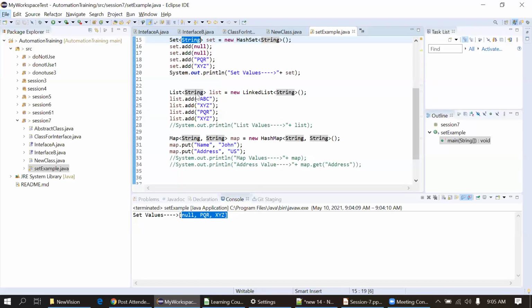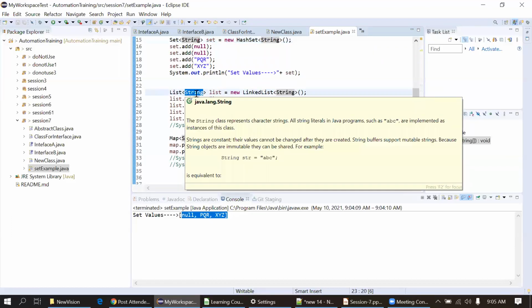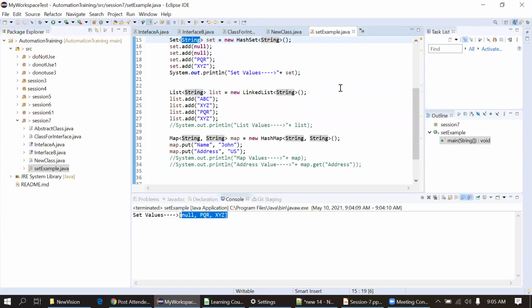This is actually a generic concept. You have to define the data type so it will not cause any issue at runtime. If you are not providing a data type and you use multiple data types, for example float, double, integer, string, it might give a type casting error at runtime. To avoid that error, we use the generic concept and provide the data type at the time of defining. You have to provide the data type here, and only then pass the data.